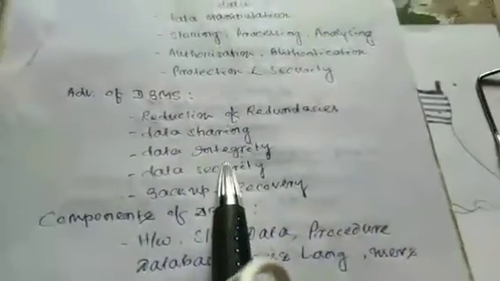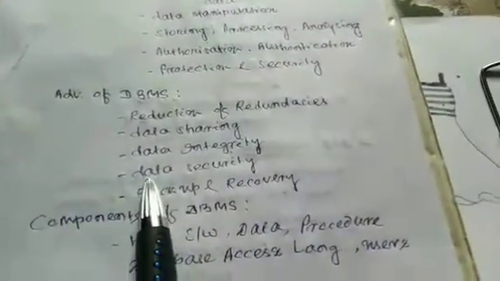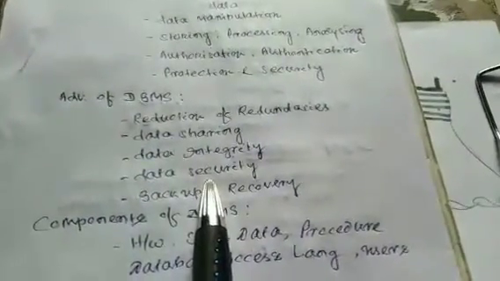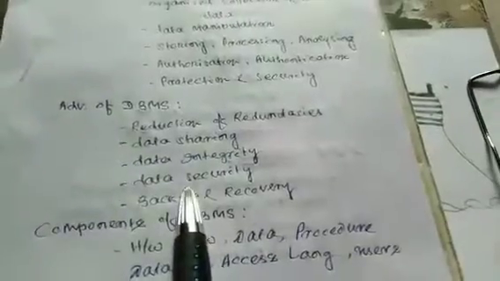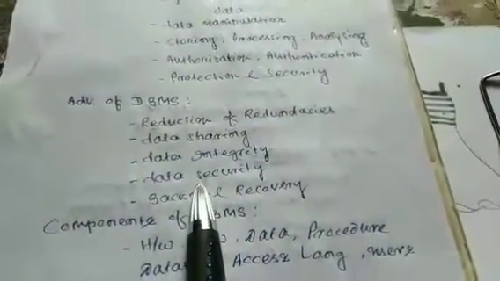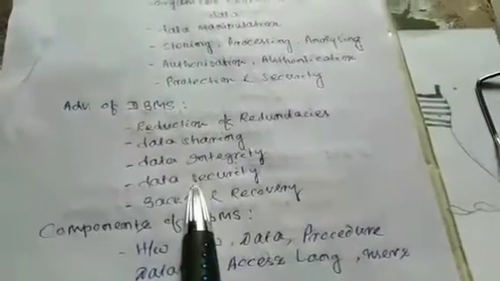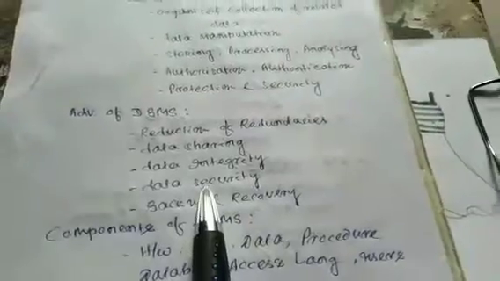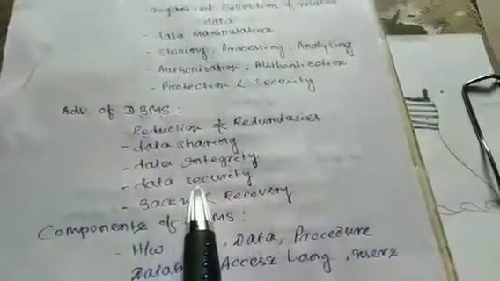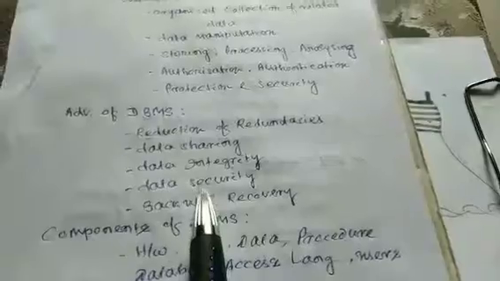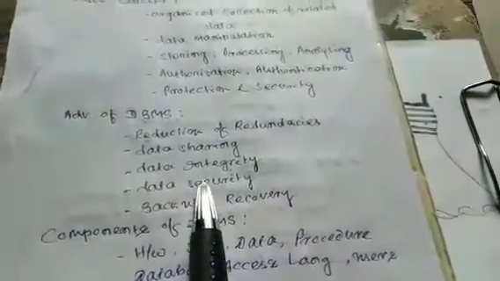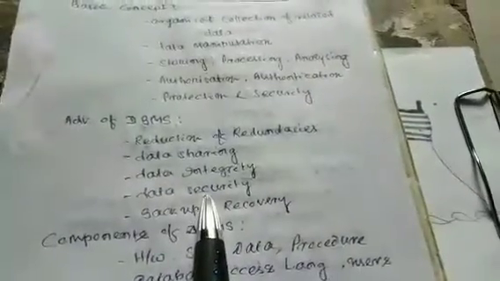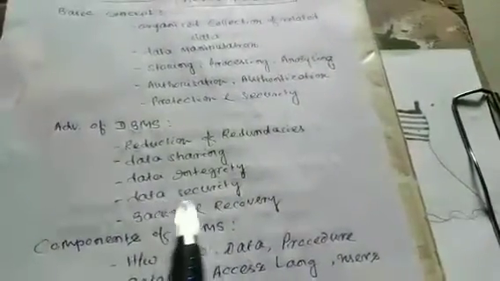Whatever data is going to be stored in the database must be secured, that is, protected. This modern record keeping system provides high-profile security, that is authorization and authentication. Only authorized persons can access data from the database. A username and password is given to each user by this system. This is the point, data security.